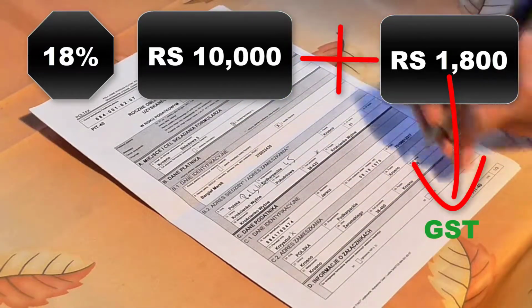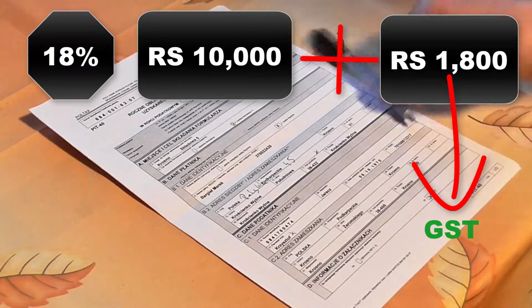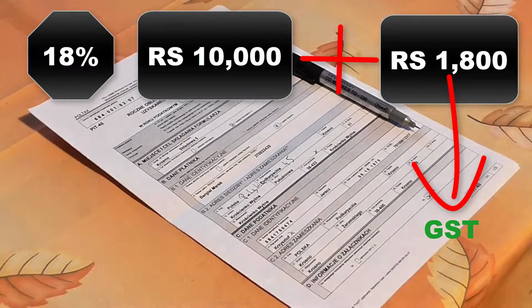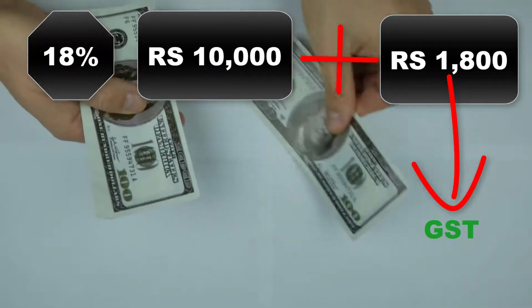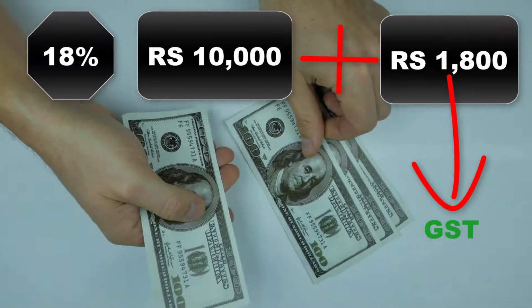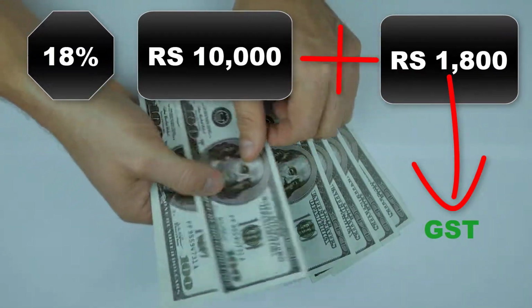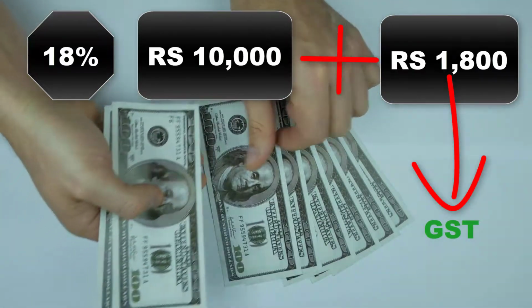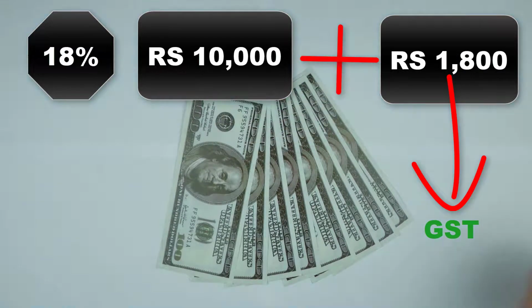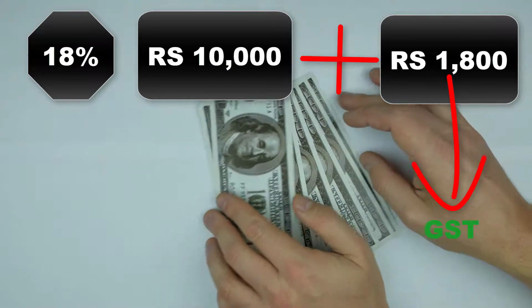If a rich person goes to take this medicine, it will not hurt him to give 1800 rupees. But on the other hand, if a poor person goes and takes the same medicine, this extra 1800 rupees would definitely bother him. This money is a massive deal for him. And this is what regressive tax does. It takes a large proportion of income from low income groups.